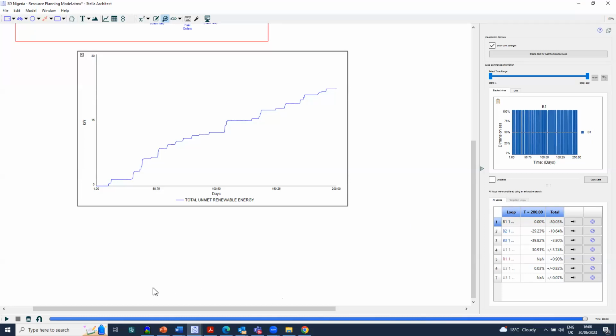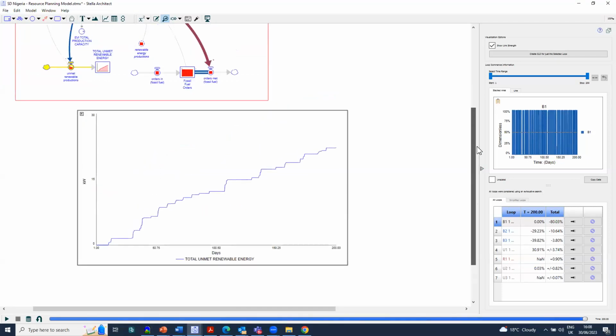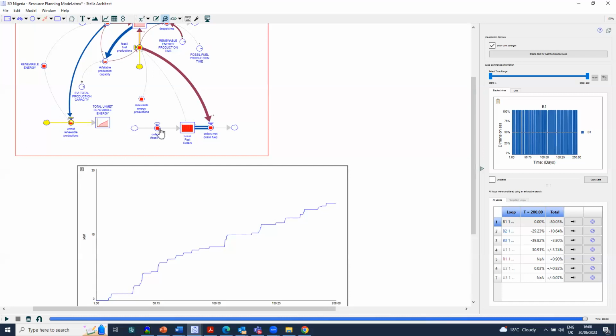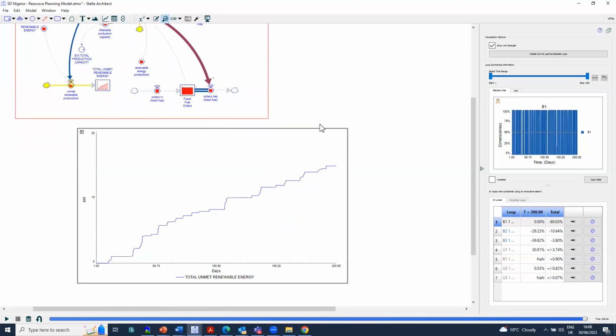And if you look at, for example, I want to look at what we did with the model in respect of the order. What did we say about the other comes? Anybody remember what we said about the fossil fuel order? We said once a week. How much is it? We said 20 kilowatts every Monday. That's when it comes in. Is that not correct? Yes, okay. So if you go here and test, the model is doing what we said it should do.